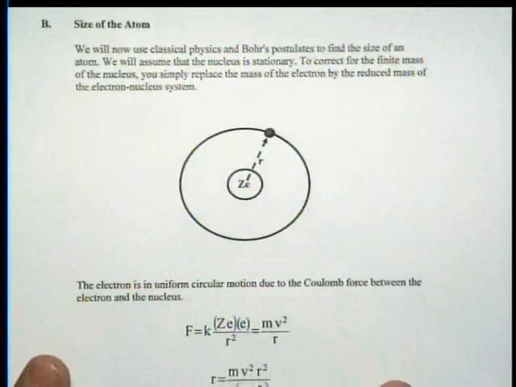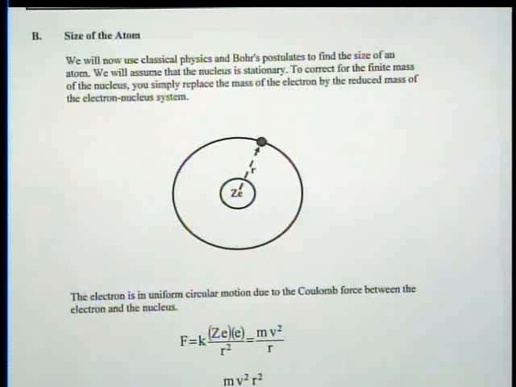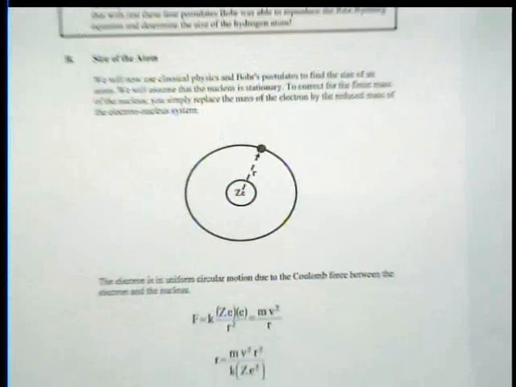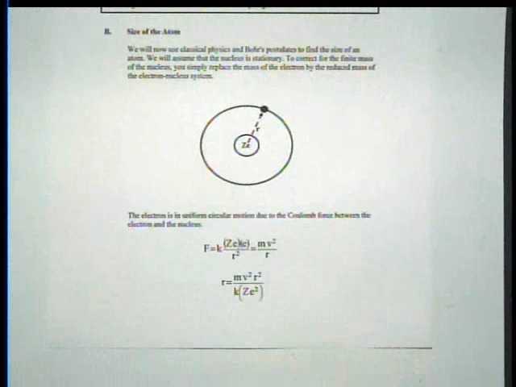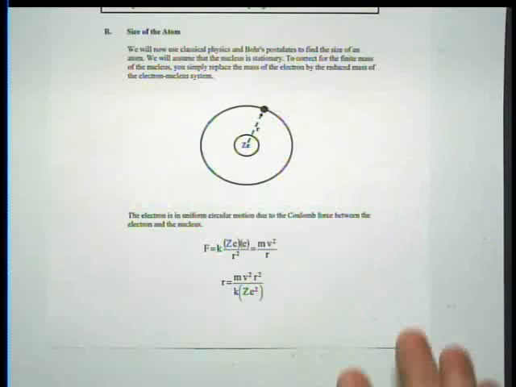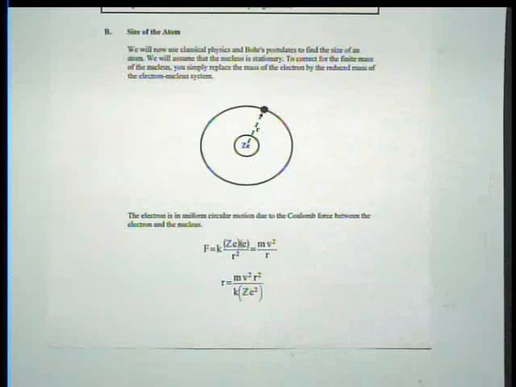There's a bunch of things that I would expect that you should be able to work out for me. I would expect that you take those 4 postulates, apply physics 1 and 2, and be able to derive whatever the consequences of that theory says. So first of all, the size of an atom.